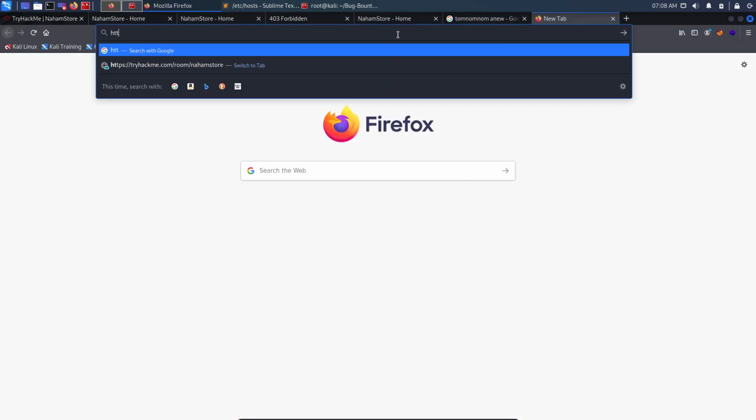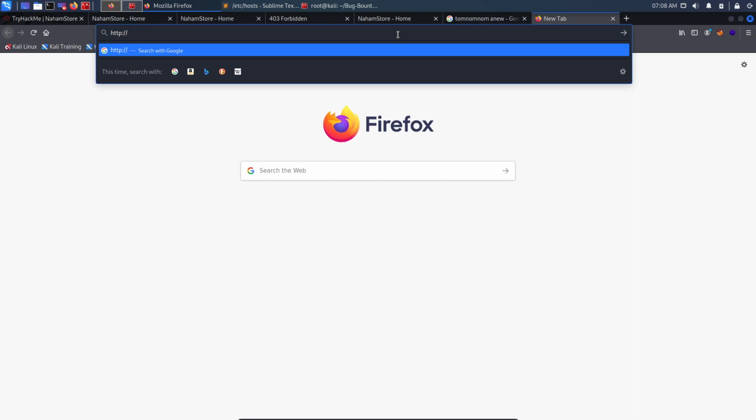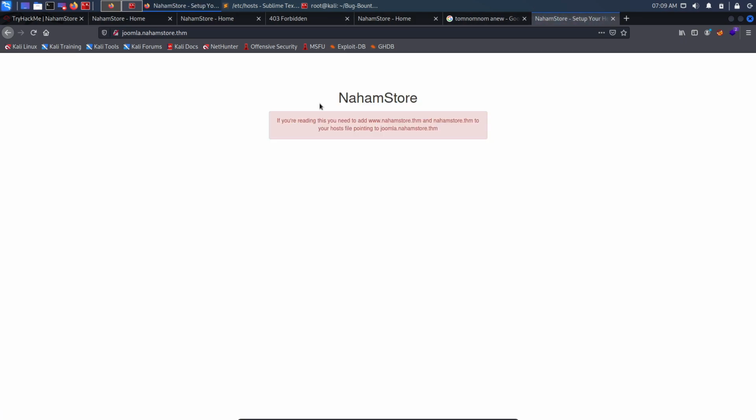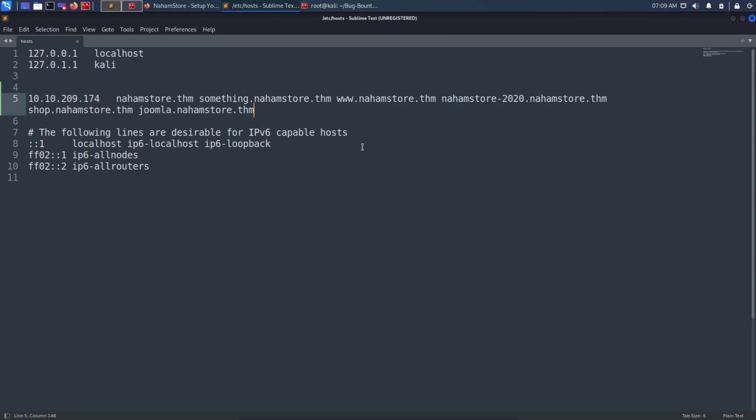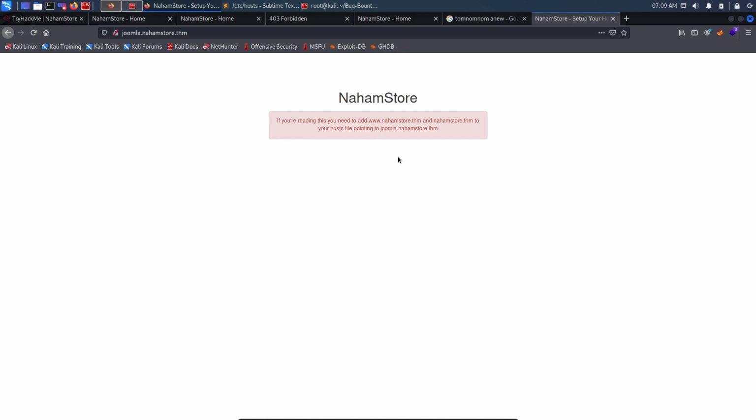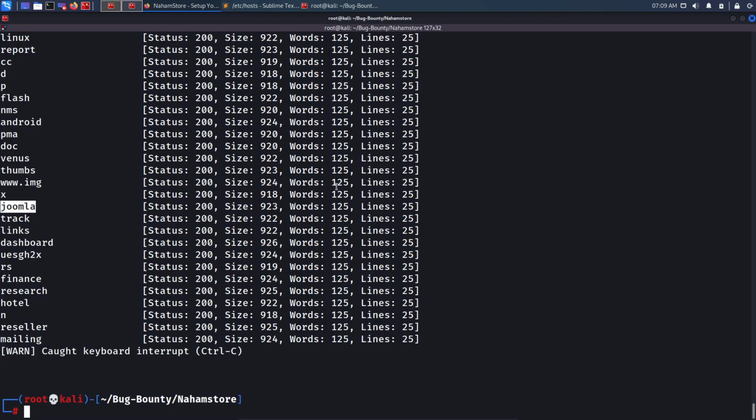So http://joomla.nahamstore.com, or .thm, hit enter. And right here I'm getting this error. I think in my host file I did .thm, yeah, so it's not working, and it is not giving me anything interesting. So what we can do right here in my FFUF now is